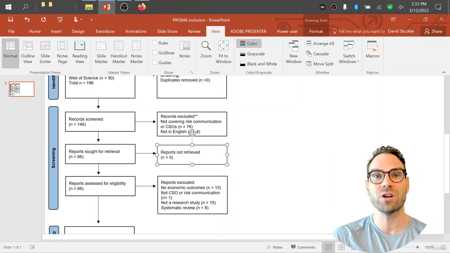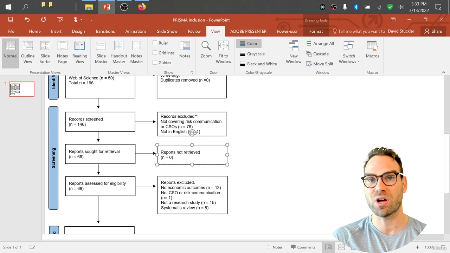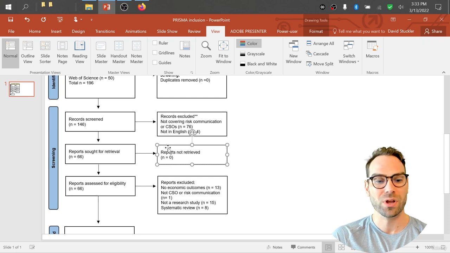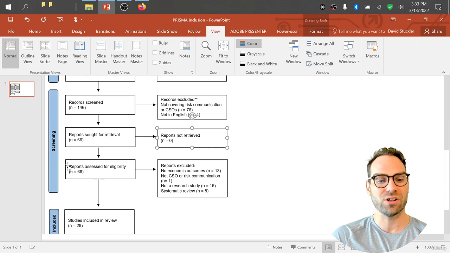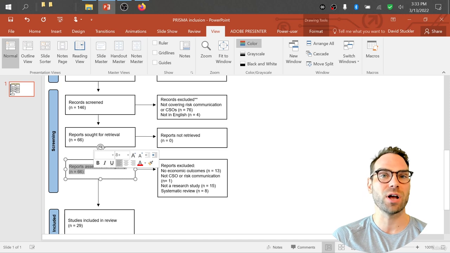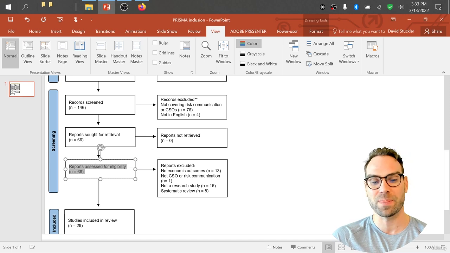In a dedicated video, you're going to see how to retrieve quickly the full text PDF and get them into your reference manager. And that's going to show you many of the various tricks and shortcuts we have to help you find those PDFs. You ideally want this number for those not retrieved to be as low as possible, ideally 0. Once you go through there, then eligibility again is going to apply your inclusion exclusion criteria,